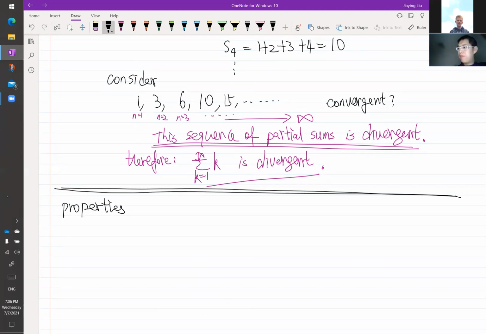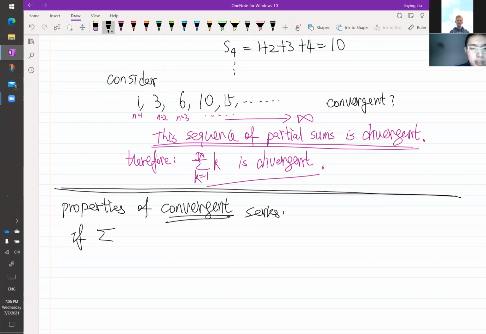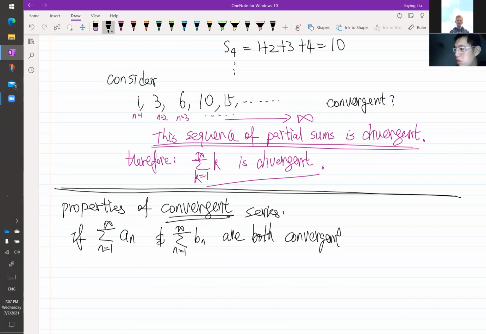So if series are convergent, there are a few properties. Properties of convergent series. If the series an with n going from 1 to infinity and the series bn with n going from 1 to infinity are convergent, then if the series, those,